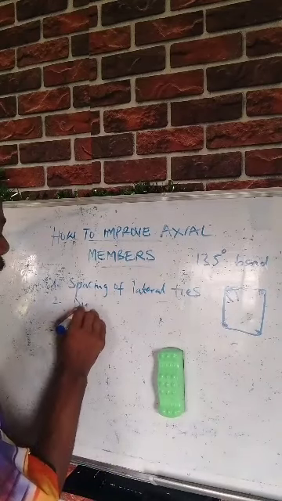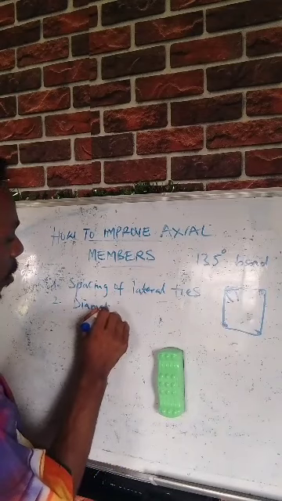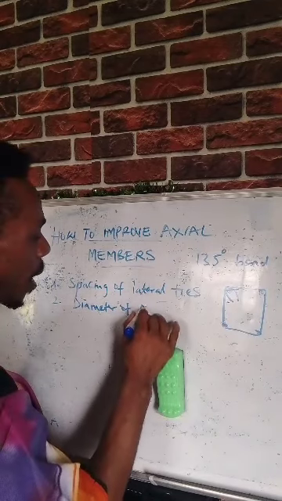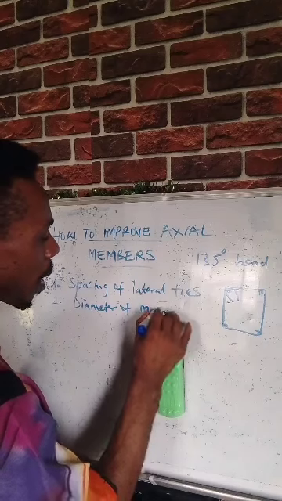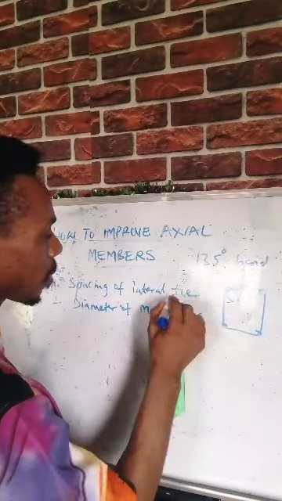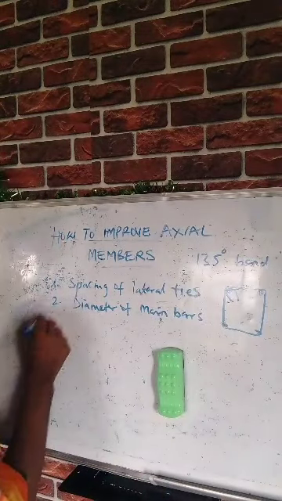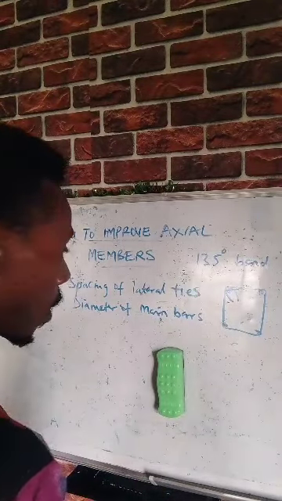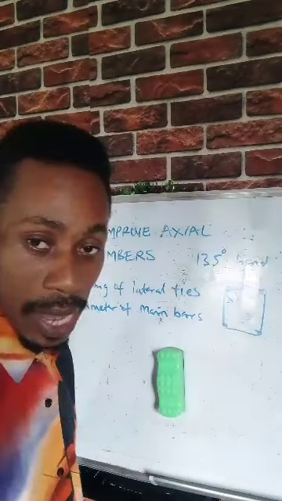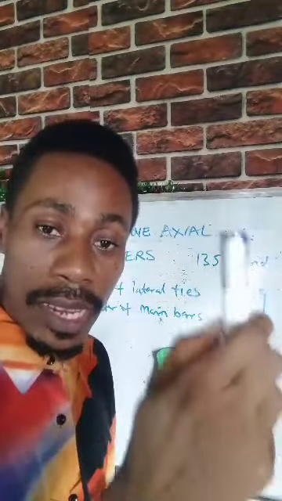We look at the diameter of main bars. Diameters of main bars. Now the diameter of main bars is very important because they are longitudinally